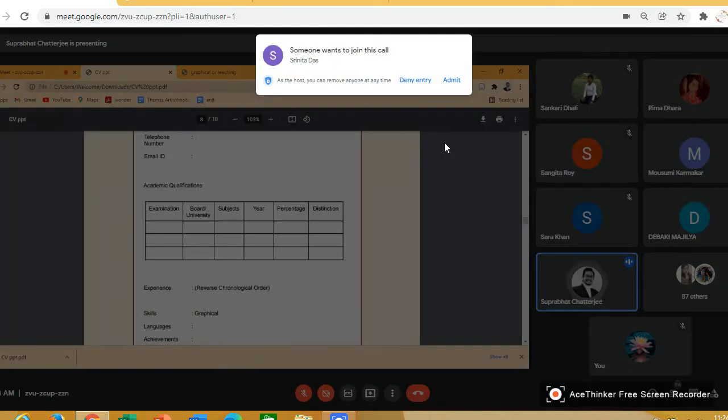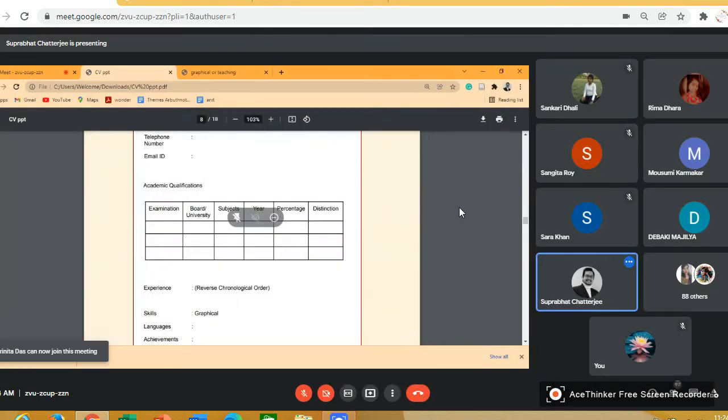First of all, you have to give your examination. What examination did you take? Suppose you are writing it in chronological order, so you write your Madhyamik first here. Then you give the name of the board, the board from which you passed, West Bengal Board, for example CBSE, CISCE, you give these. Then the subjects, your best 5 subjects, you list out what subjects you have. Then the year of passing, the year in which you passed. Percentage of marks, how much you got, because